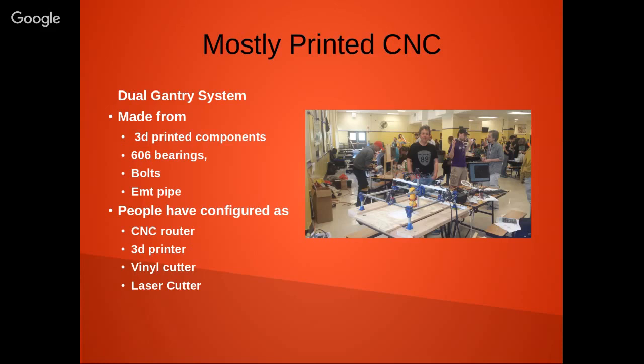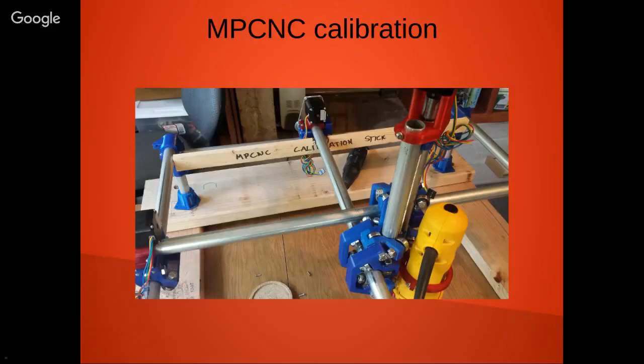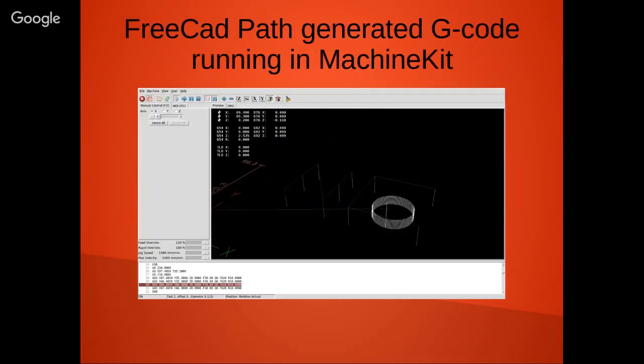Are you also using FreeCAD for the CAD for designing parts? Yes, FreeCAD is my primary tool. I pretty much use FreeCAD all the time, and I've been using 0.16, and I've enjoyed it. And I started using 0.17 for Path, and I tried doing some modeling. And FreeCAD 0.17 is a major